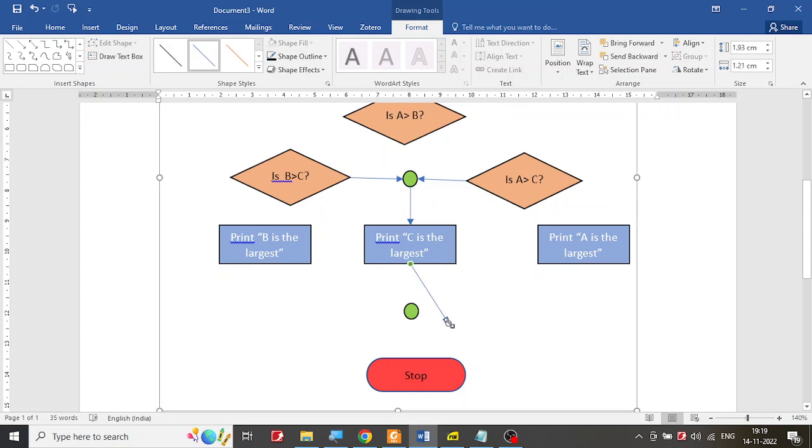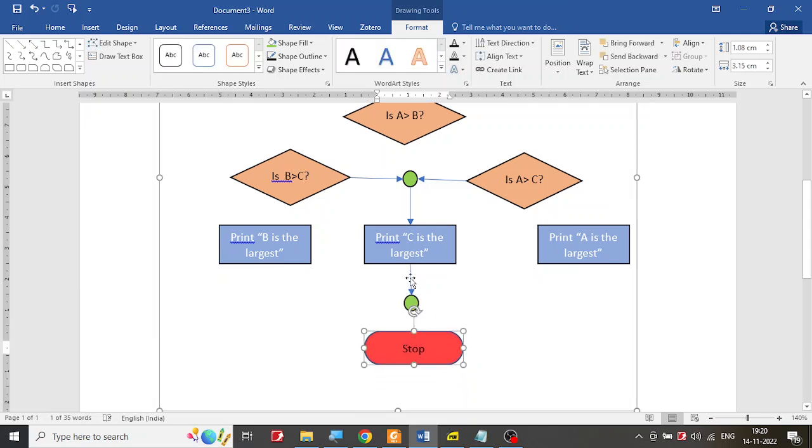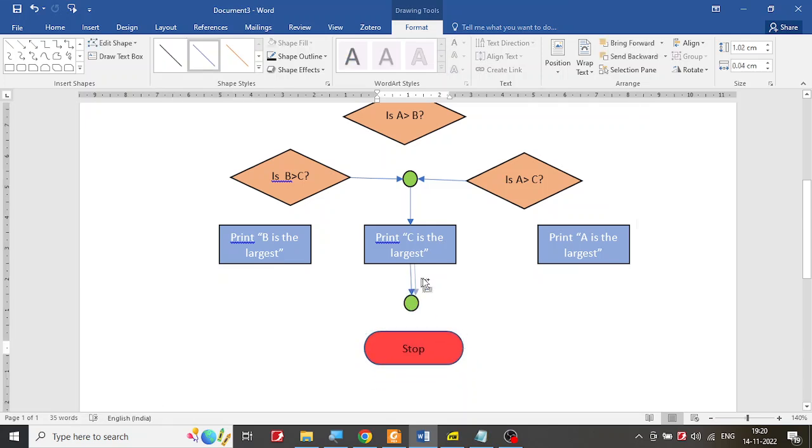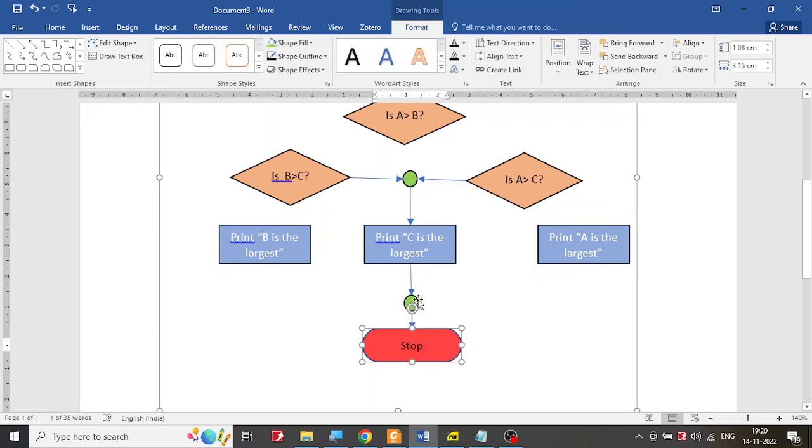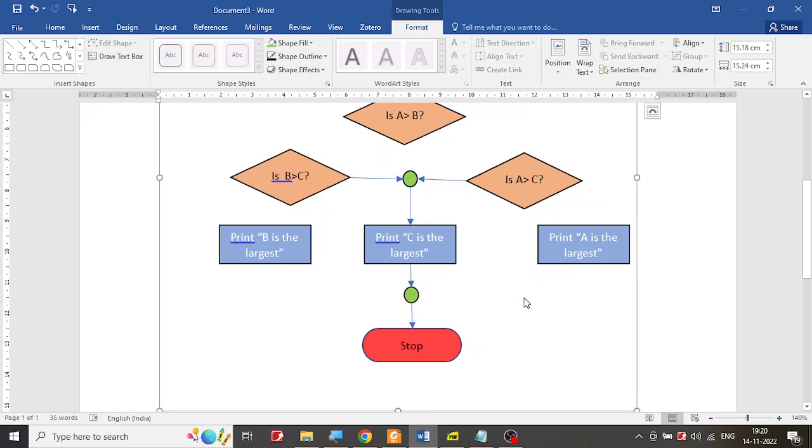Otherwise you can always go and get it from this option. From here also you can do it, but I find this is quite easy, because once you get it, you can always click on it, control, drag it down and then make the adjustment. So this is done. You can always move it anywhere you want. Once that is done,